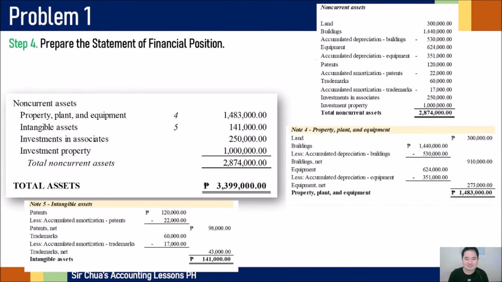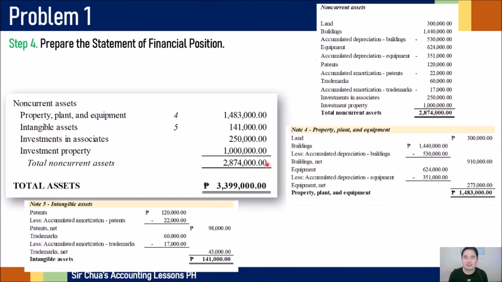Okay, ayan. Sige po. So, your property, plant, and equipment, na-compute po natin at 1,483,000 under note number 4. And then, yung intangible assets naman po natin is 141,000 under note number 5. And then, may mga standalone po tayo like your investment in associate na 250,000 and investment property na 1 million